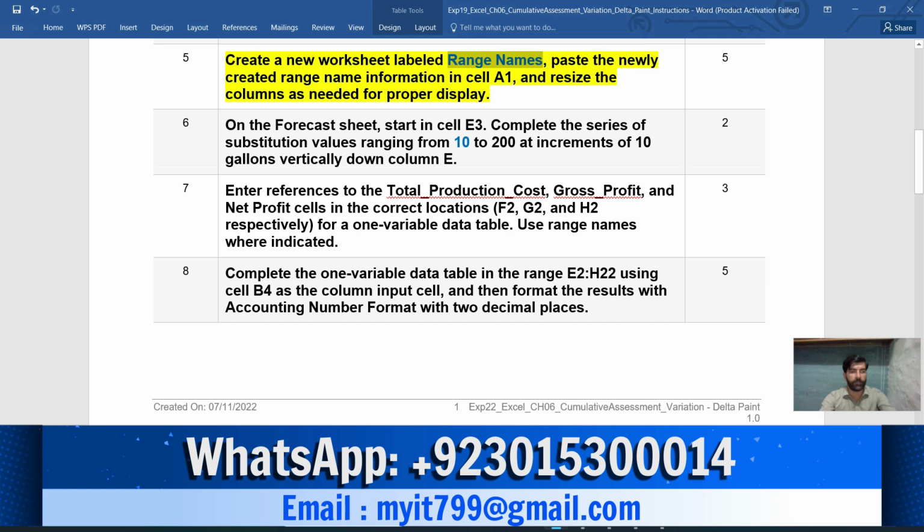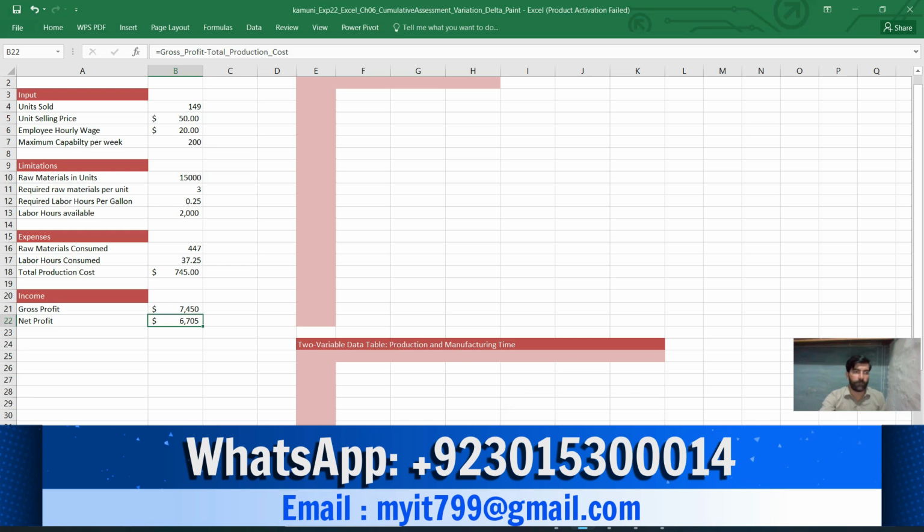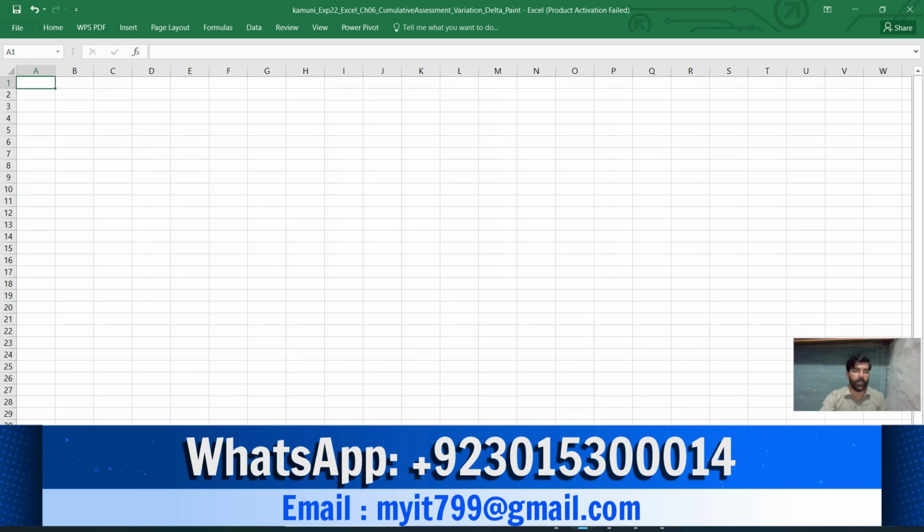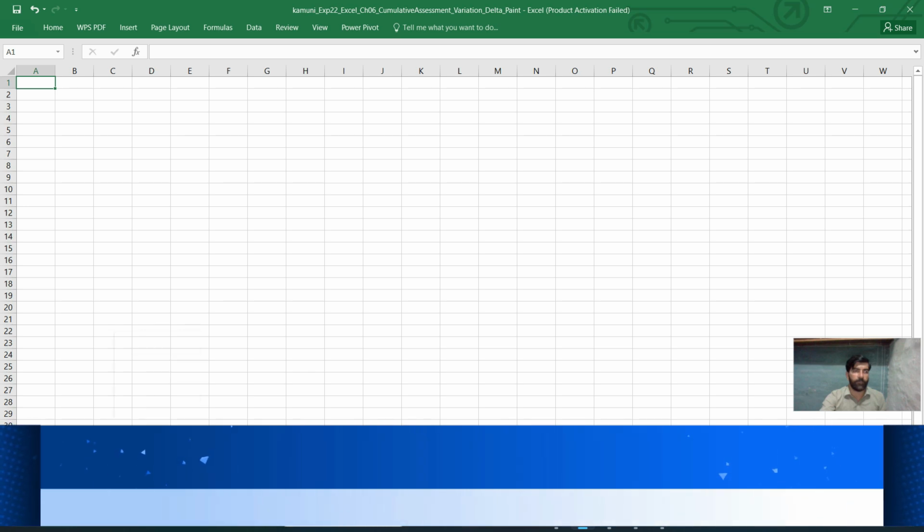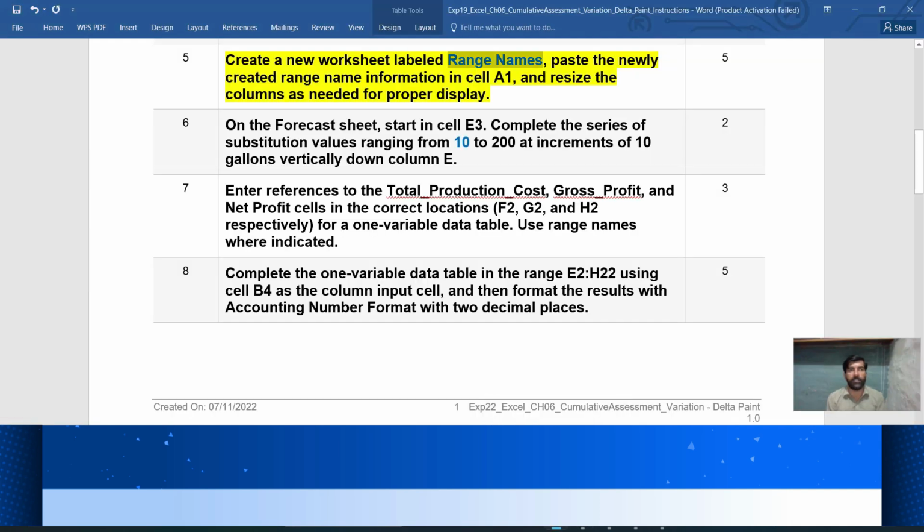I copy it and create the new sheet. This is the new sheet I created and I gave it the name Range Names. Just enter it. Okay, this is the first part of this instruction.